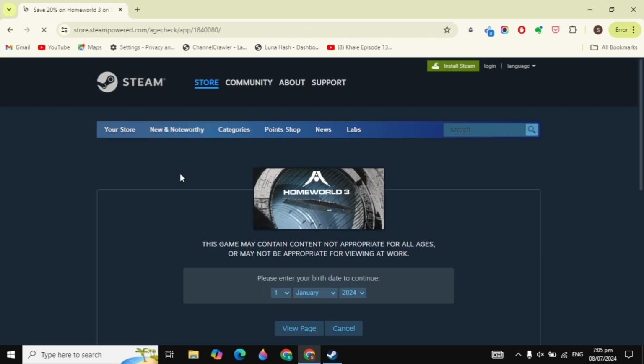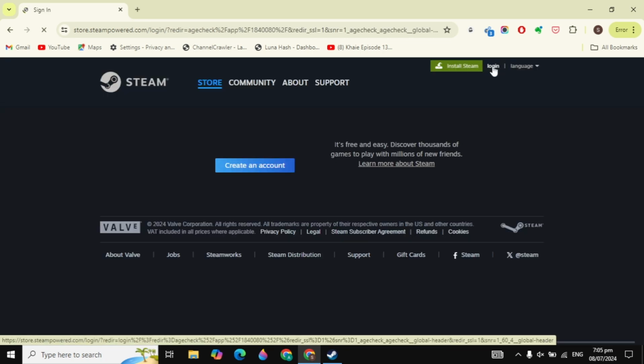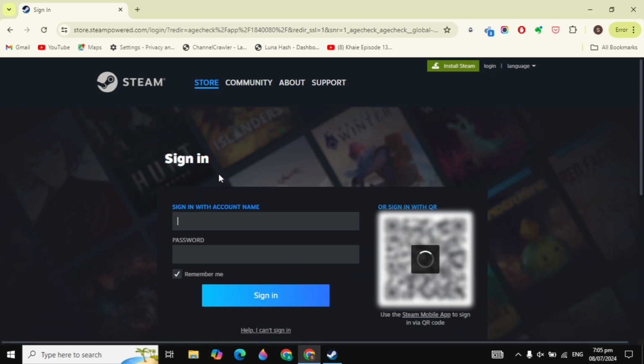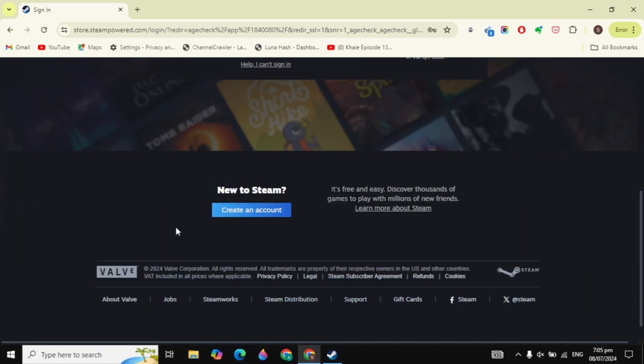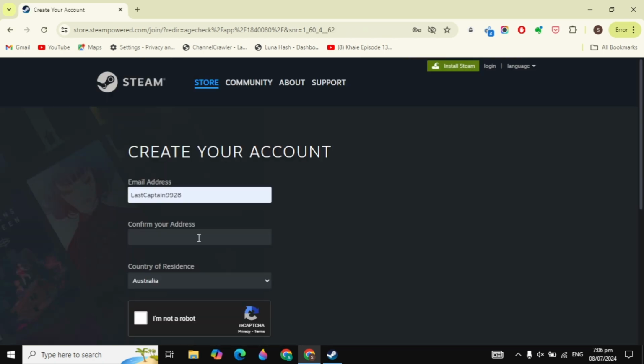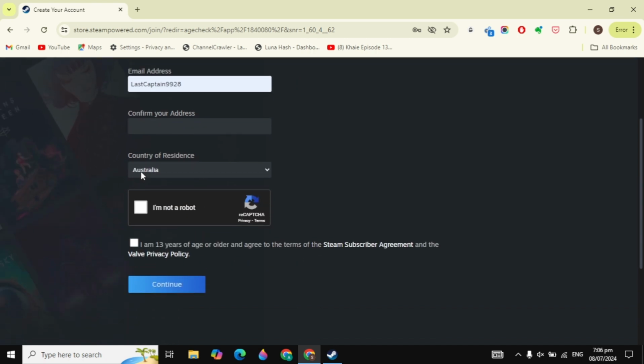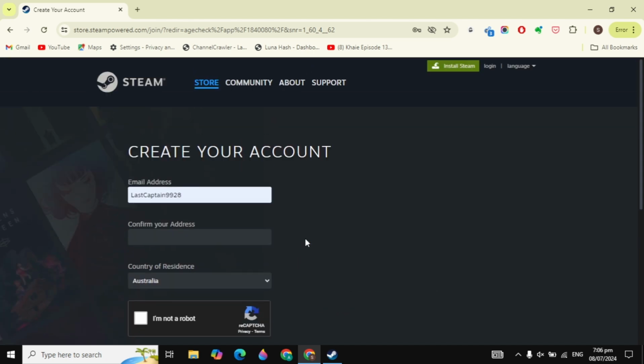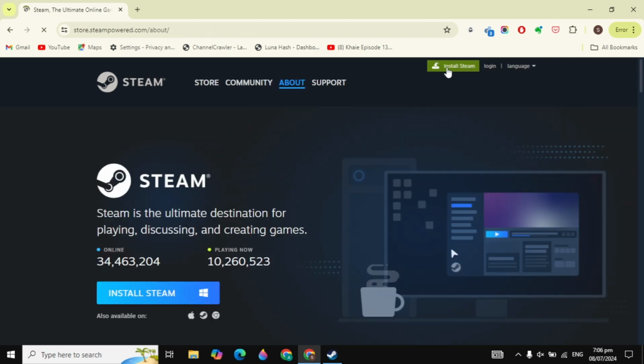Now here you need to simply create an account or simply log in. So click on the login option you are seeing on the top, and now here if you have an account then simply sign in, and if you don't have an account click on the create an account option, and here you need to just give your email address and check these boxes and click on continue. So after you create an account click on the install Steam option, and now here you need to just click